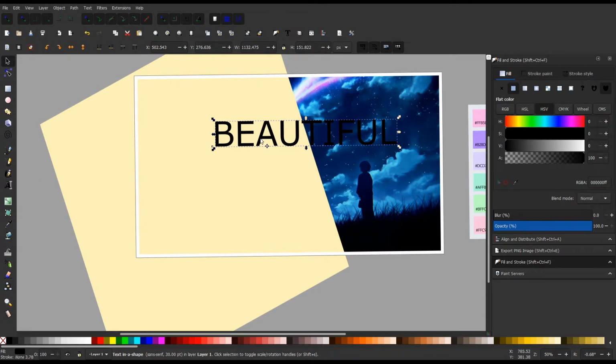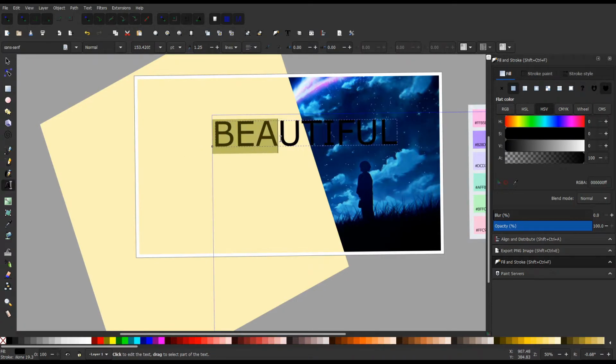So you type what you want to type, right? Good. Now what you want to do is go to the text tool, highlight it,